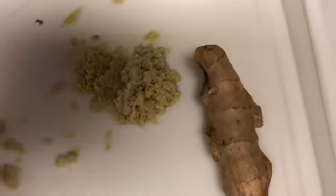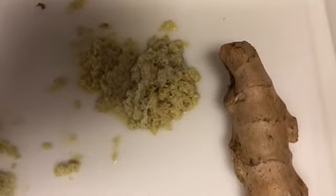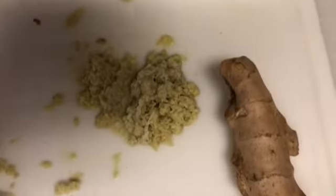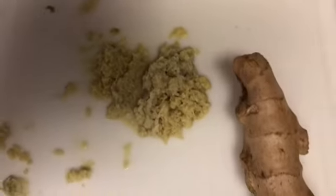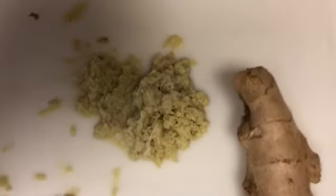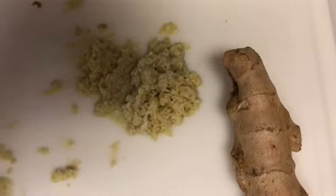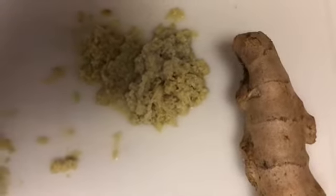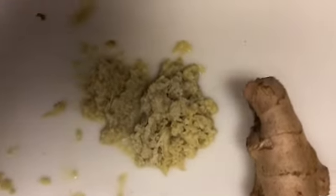Okay, so how is curry powder created? Well, you need such things as turmeric powder. You need red chili powder. You can get it hot, extremely hot, or just mild. You need coriander powder, and coriander is basically the seeds of cilantro, ground into a powder form. You need fenugreek, which is the seeds, in powder form, and also you need...